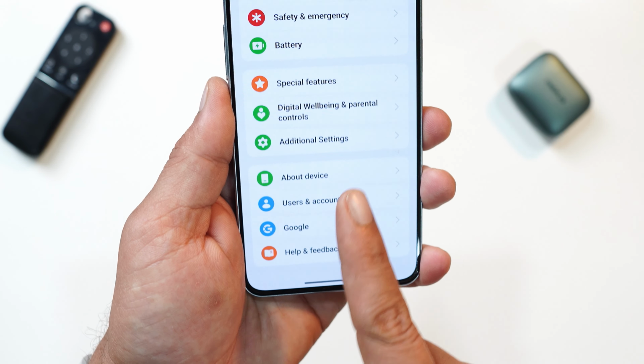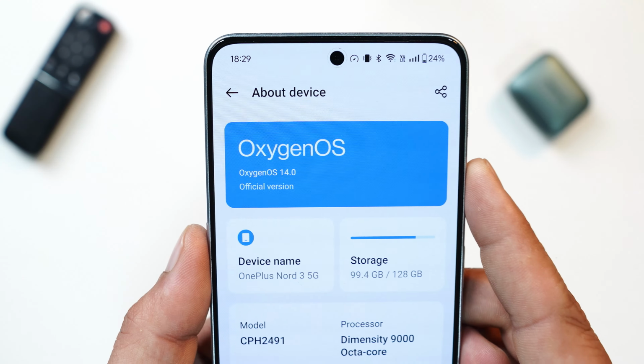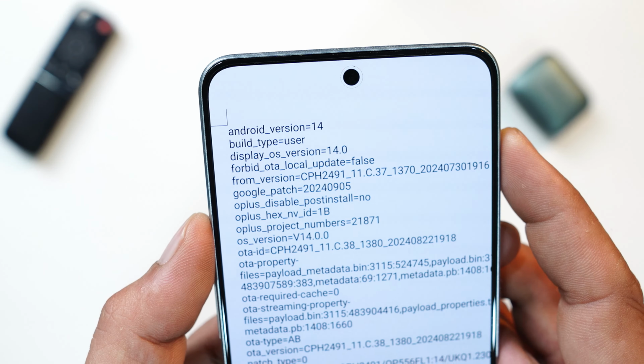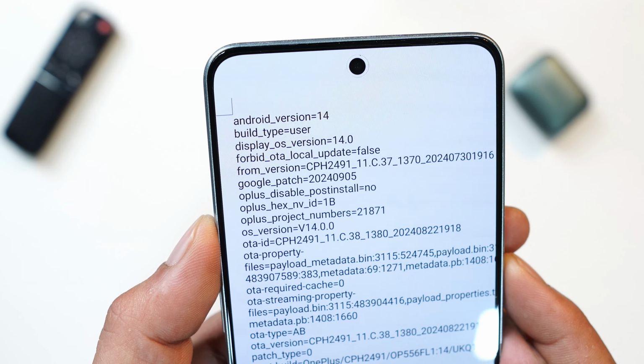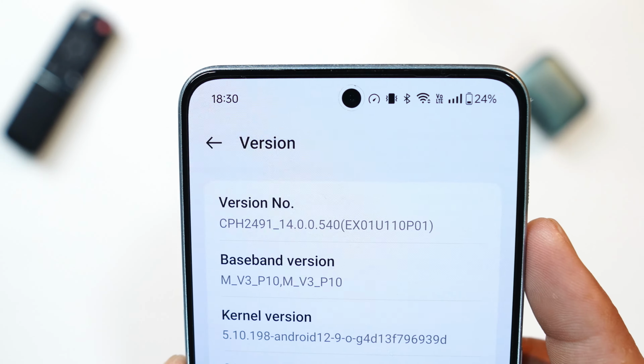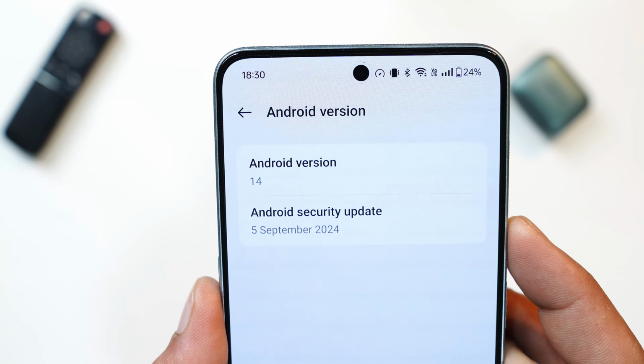Let me show you the software information. If you go to the about section, here you can see it says OxygenOS 14.0, and still I'm not sure when OnePlus will provide OxygenOS 14.1 for OnePlus Nord. We also extracted the zip file to see whether under the hood OnePlus is working on 14.1 or not, but it's still 14.0. Now the version is .540, previously it was .530, and this latest build comes with the 5th September 2024